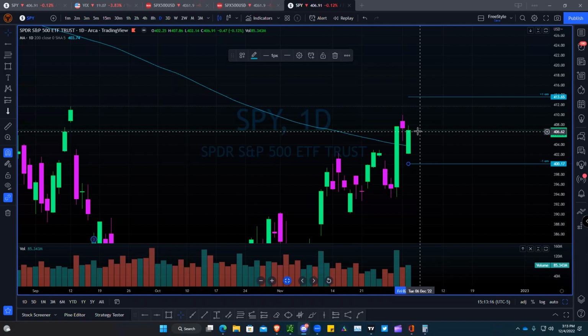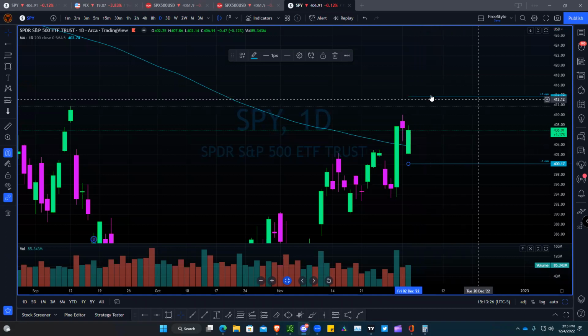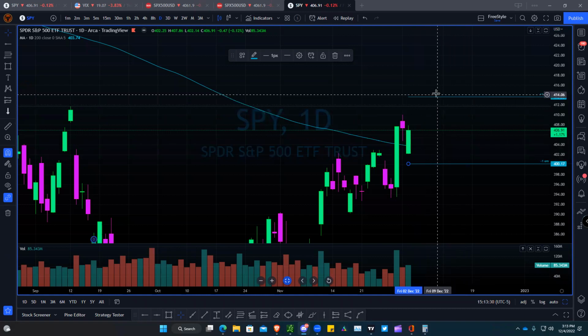And again, it's not that it can't, but it gives you a great area to target and a great spot to either take profits or buy the bounce. I mean, there's many ways to play these. They act as support and resistance, but they also act as kind of a launching pad once you get outside of that range. Once you get outside of a deviation and it holds, and then you can see it's continuing to move away,